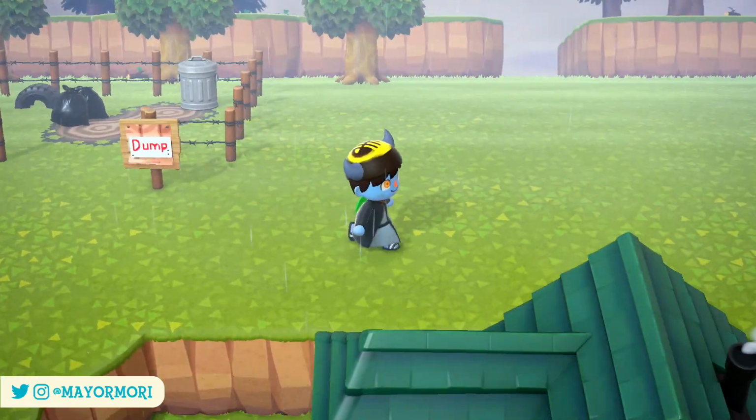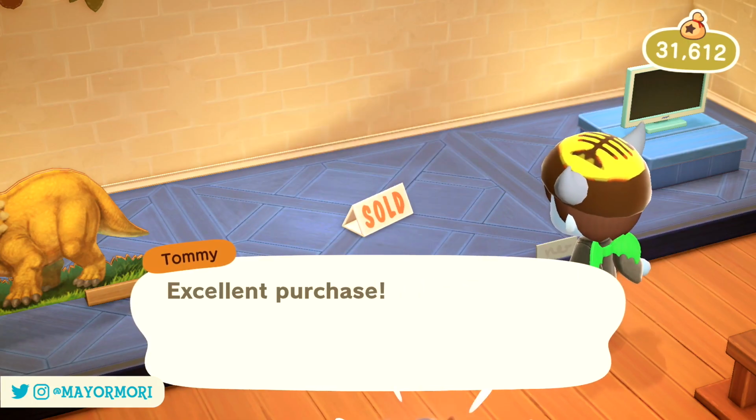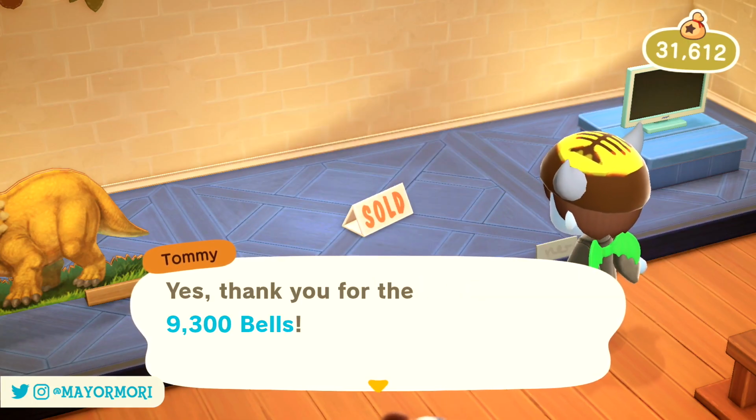Let's get into 5 ways to get more candy. Number 1. Nook's Cranny. So as I mentioned, we need candy for the Halloween event on the 31st of October, and given